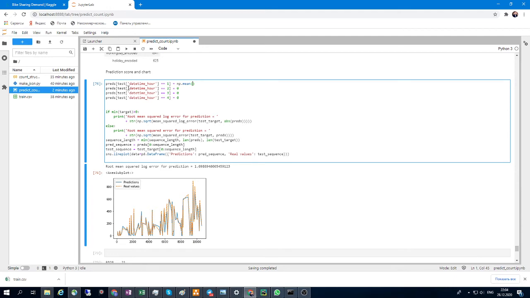Yes, so that will be target, sorry, not target, but train, we need values from what? From train